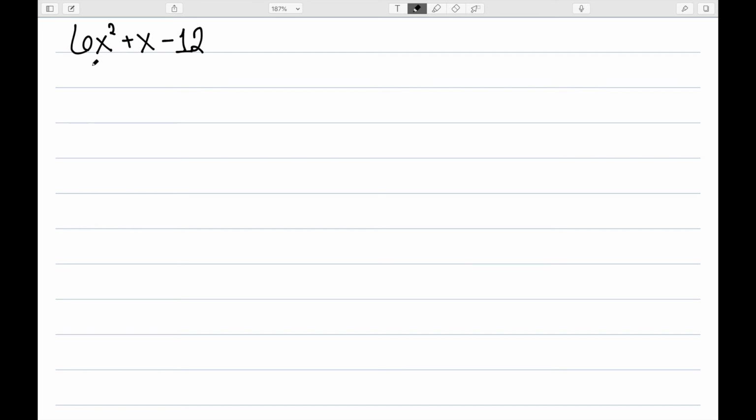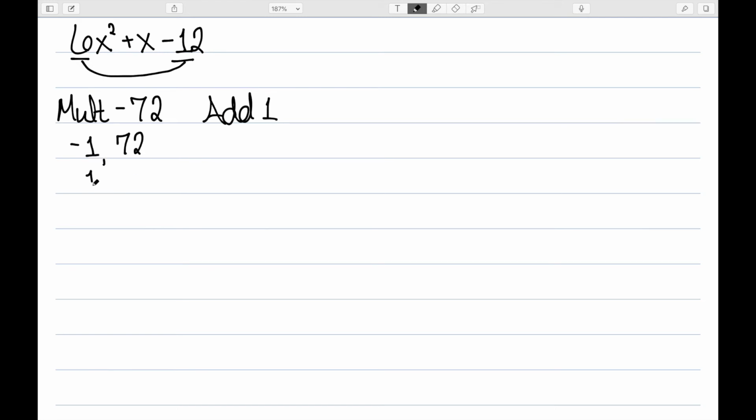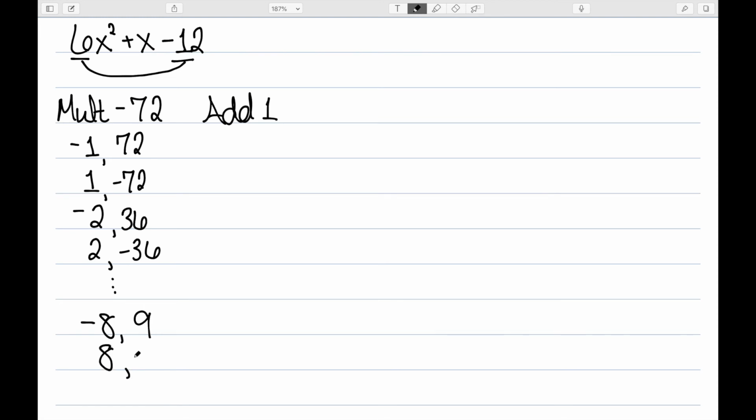I'll now do 6x squared plus x minus 12. So I need to multiply 6 times negative 12. When I do that, it gives me negative 72. And I need these things to add to be 1. Well, there are a lot of things that multiply to be negative 72. Negative 1 and 72, or 1 and negative 72. Negative 2 and 36, or 2 and minus 36. And I'm going to skip a few things in here to get down to negative 8 and 9, or 8 and negative 9. And you can go ahead and add in the rest of these